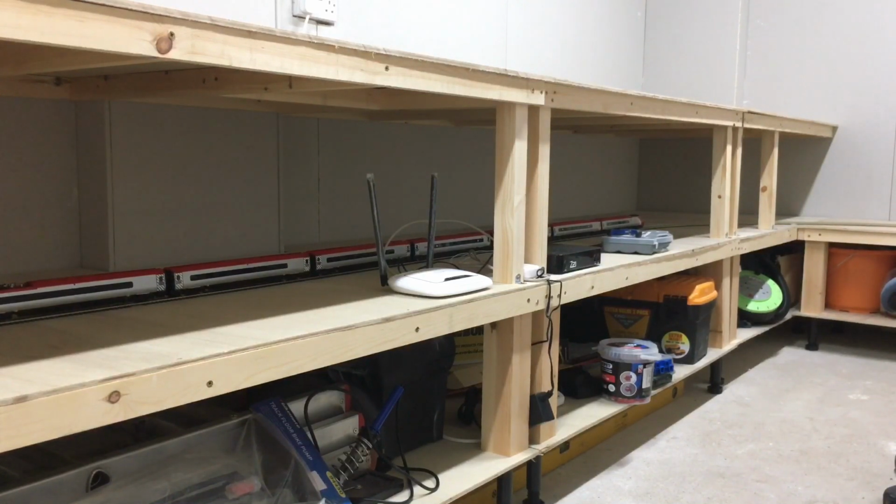And what I now need to do over the next month, or maybe a few months, it might take me a little bit longer because it'll be a bit more complex than just building the straight level layout, is to start to build some of the inclines. So in previous updates you've seen that I've started to test some of the inclines and some of the rolling stock going up and down those inclines, but the next job is to start to cut out some of the support pillars for the incline, get that set up in the right way,